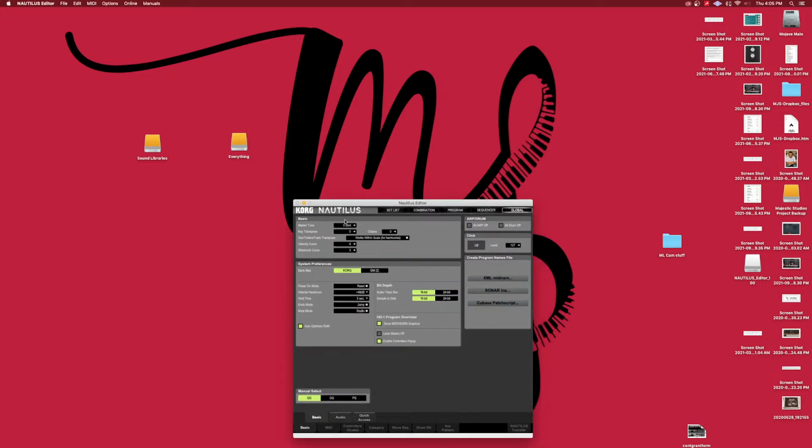This is the global menu, I think. Yeah, this is the global menu. It looks really familiar. A lot of the same stuff that's on the keyboard in the global menu too. You can change the master tune, the keyboard transpose, the velocity curve,